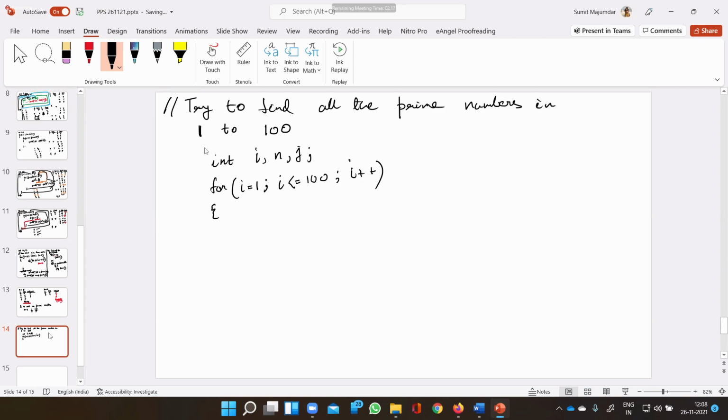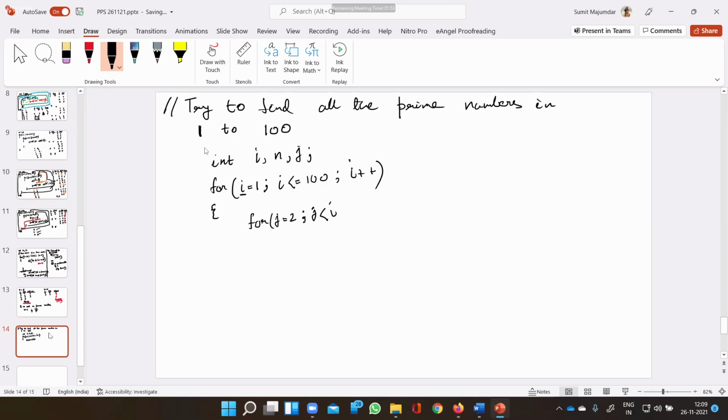For j equals to 2, j less than or equal to i, j plus plus. We can also do i by 2 for a better running time.